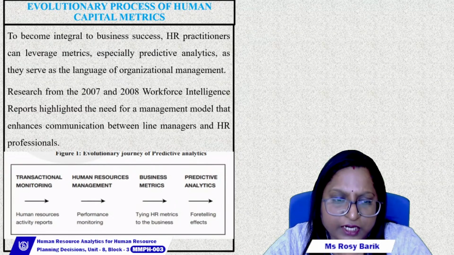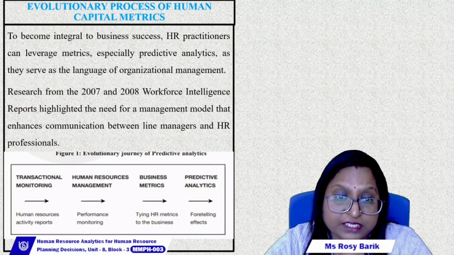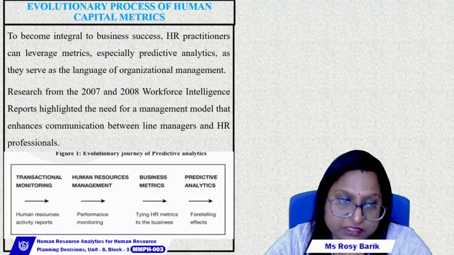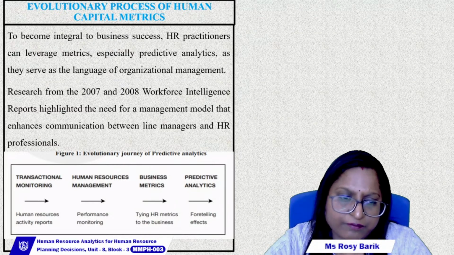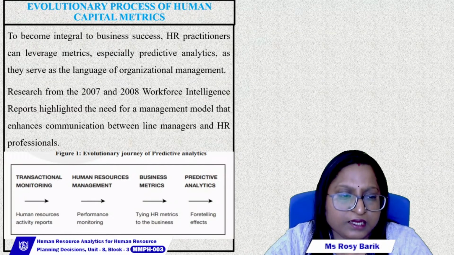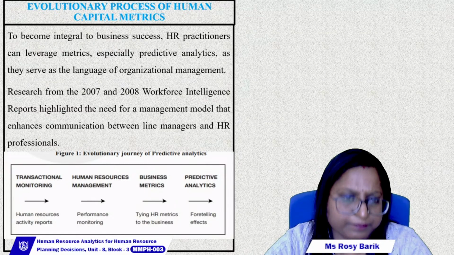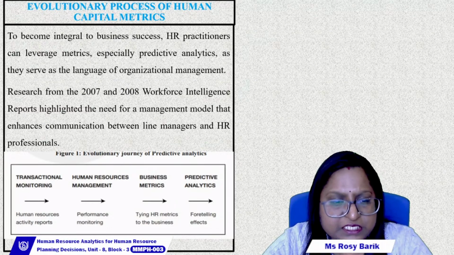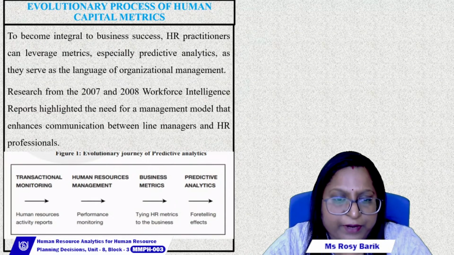Here is the evolutionary journey of predictive analysis: transactional monitoring is the first, the traditional process. After that, human resources management, then business metrics, then predictive analysis. In transactional monitoring, what happens? Human resources activity reports were collected. Then in human resource management, performance was monitored. In business metrics, the HR metric is tied to the business, and in predictive analysis, what